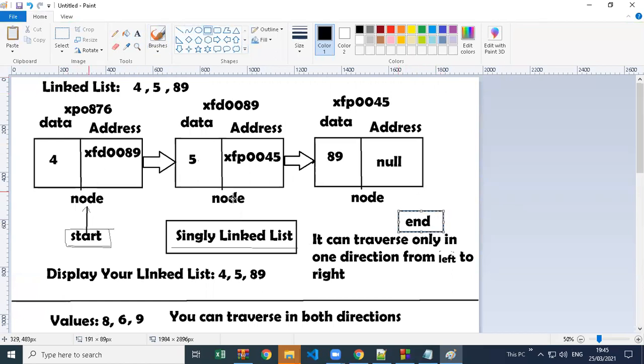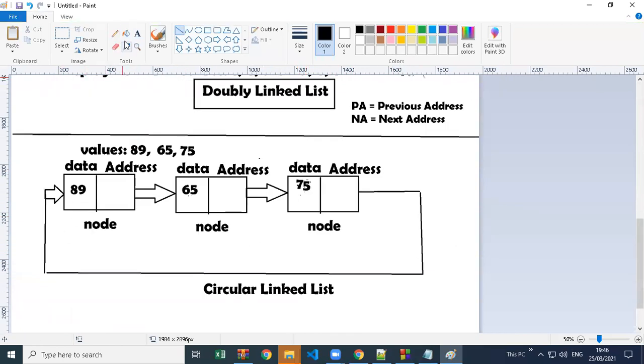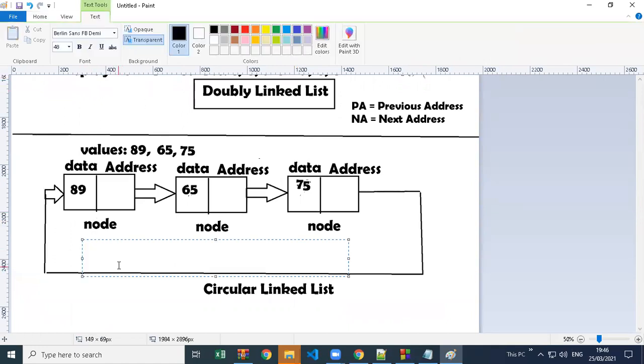So start is this node, and of course end is this node, correct? Then here also you have start and end, but in the circular one we only take one thing, start. We don't take end here, because there is no end, you cannot actually say which one is the end, because it's not ending, it can go again and again.